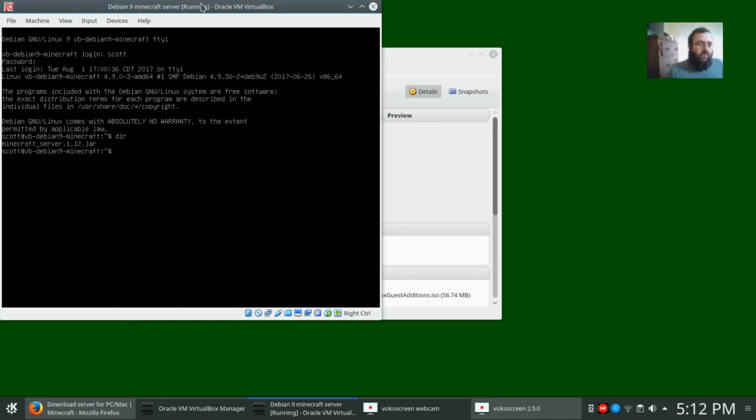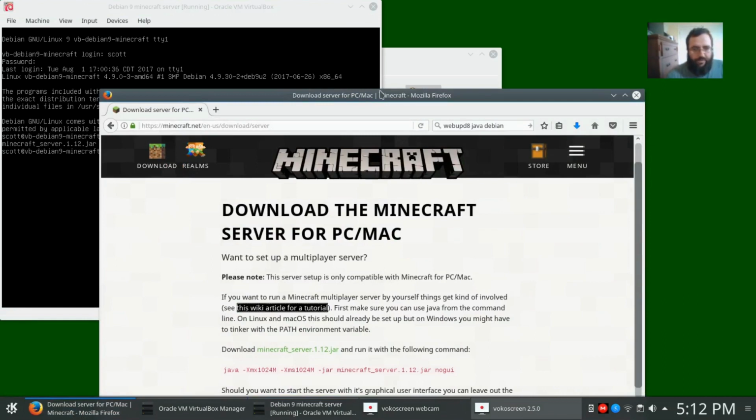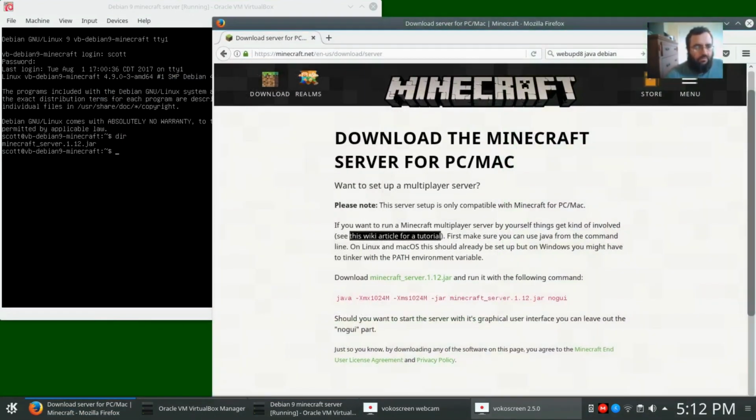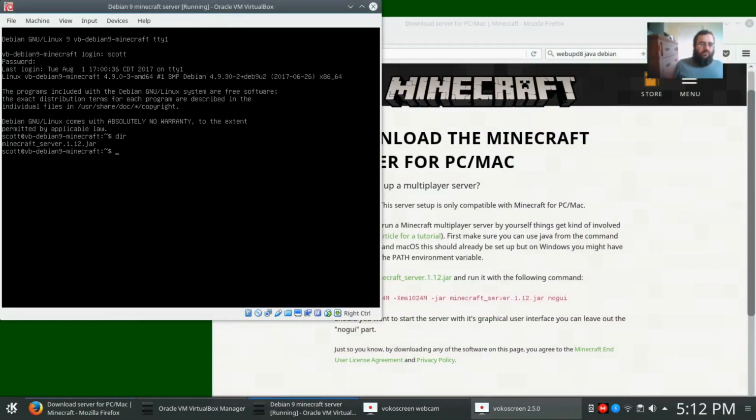Now if we execute this code right here, it's going to open up a bunch of files and create some files, including the end user agreement, which you'll see. The problem is I don't like it that messy, so I'm going to make a new directory, mkdir Minecraft. So when we look at the directory, we have the new folder we created and the file. Now we'll move this file into that folder,